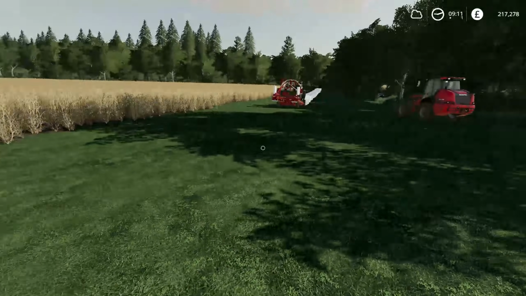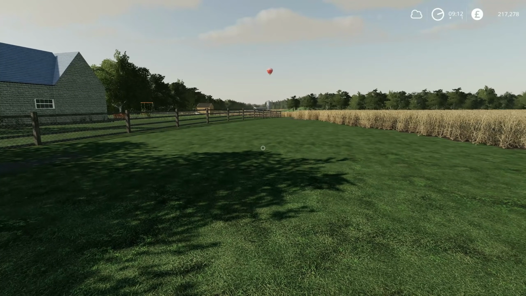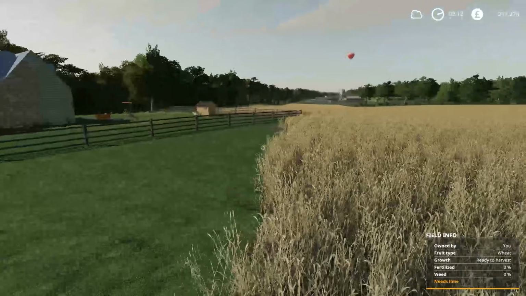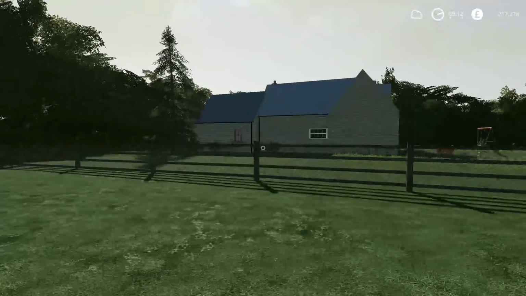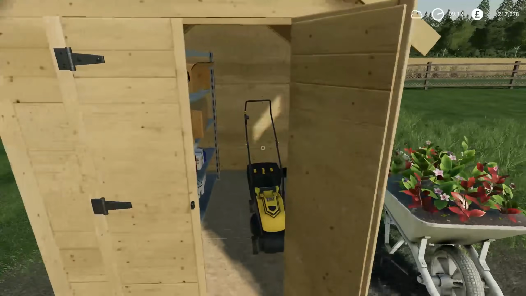Especially as I do need this area now anyway to be able to build the new yard. So I need to bring the combine through here so I can create the space. The yard is going to be somewhere around here. This is my new house obviously, and it is good because it has a shed,